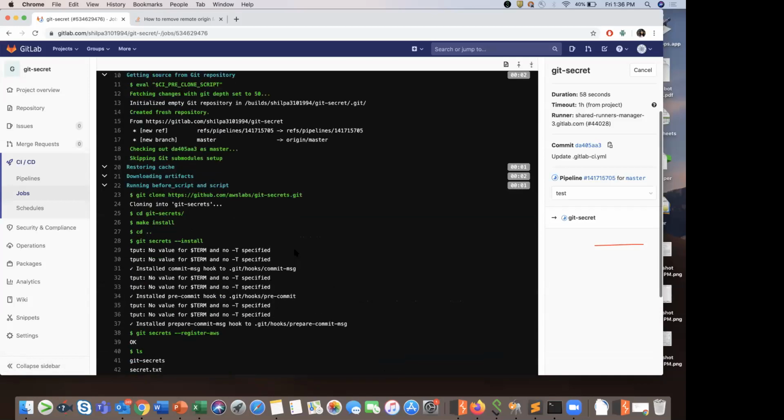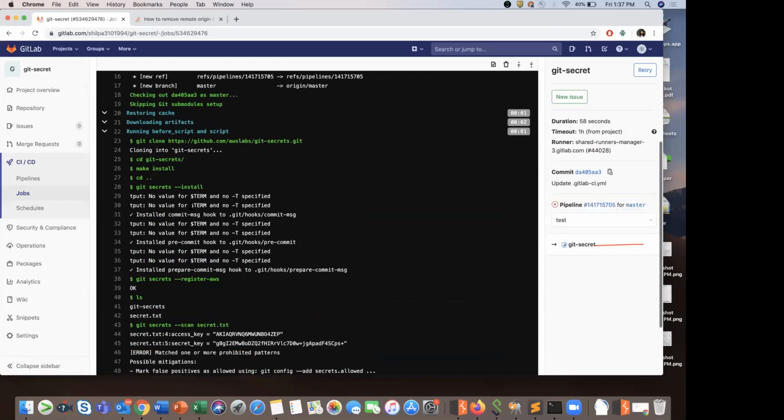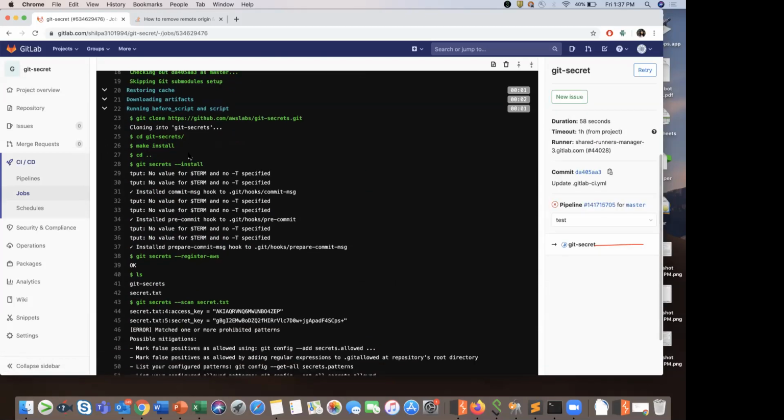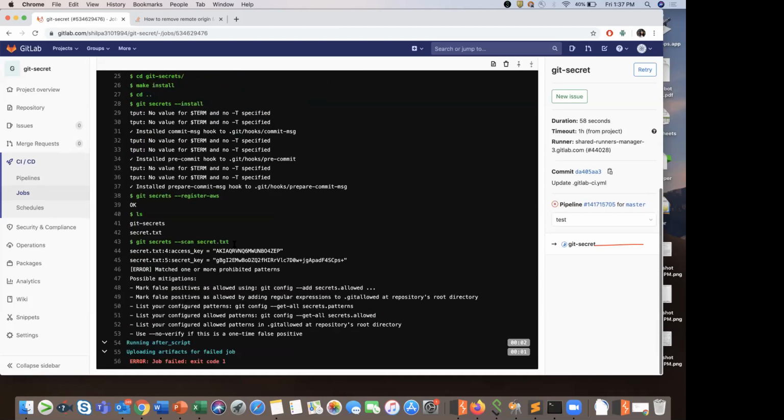Okay, so here if you see, let's go step by step. The cloning is done. We've changed directory. All the installations are done. Secrets install, register. So here, when I'm scanning my secret.txt, it has found the keys that were hard coded in my file.